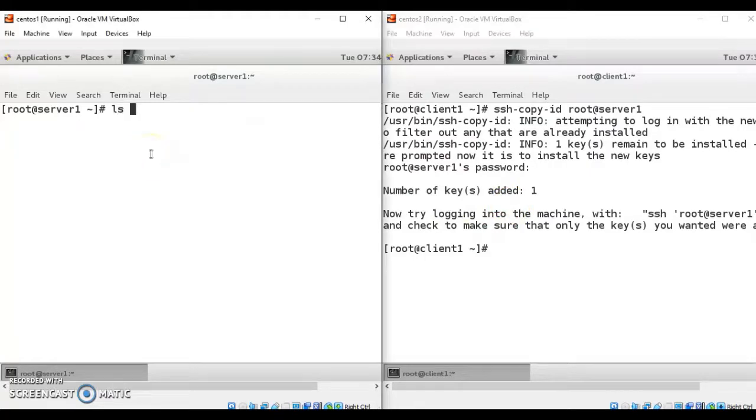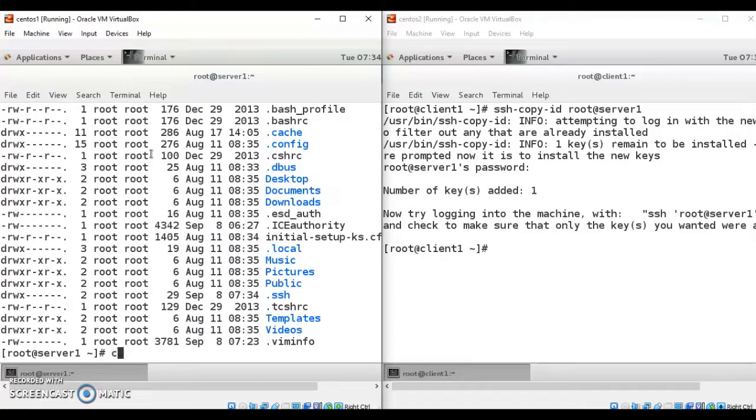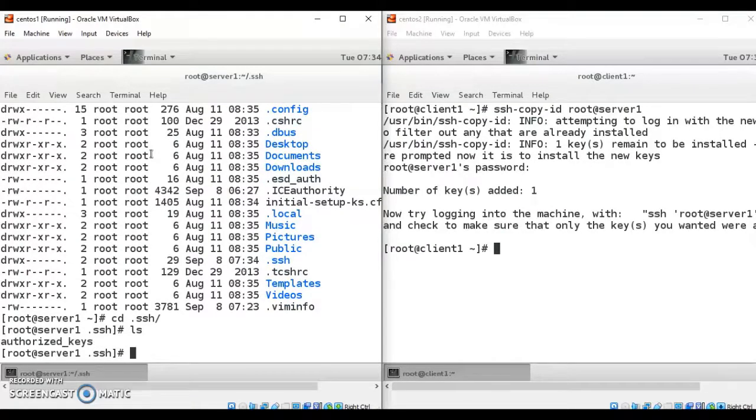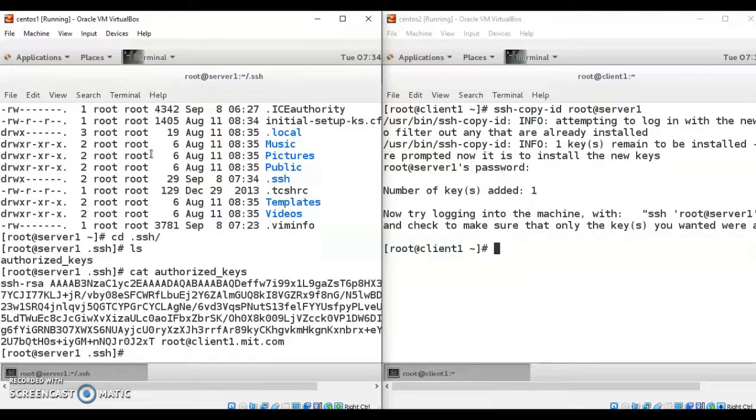Then let us switch to the server machine and check the hidden files. Switch to the directory .ssh and then list. Here you can find the authorized_keys file that has been generated, which you are getting from your client machine.